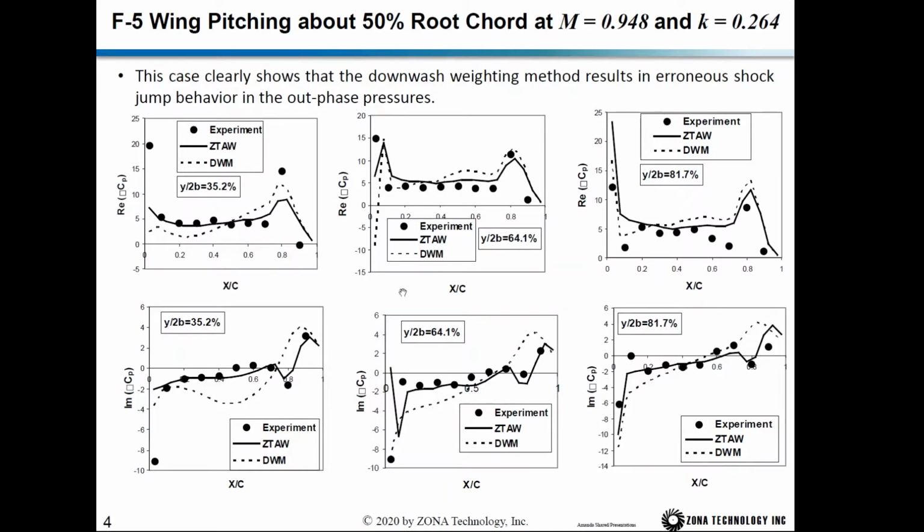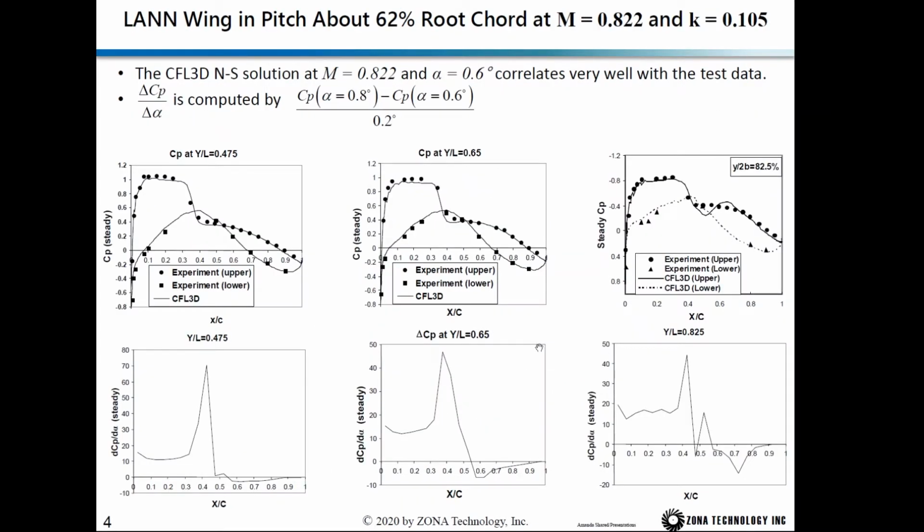For both the real part and imaginary part at different span stations, Z tau correlates well with the experimental data. Again, if you compare the DWM solutions, shown by the dashed lines, in the real part the DWM correlates very well with the experimental data. But if you look at the imaginary part, especially across the shock, the shock jump behavior is opposite from the experimental data. The next case is the LANN wing in pitch mode,